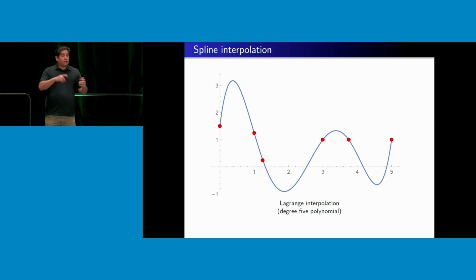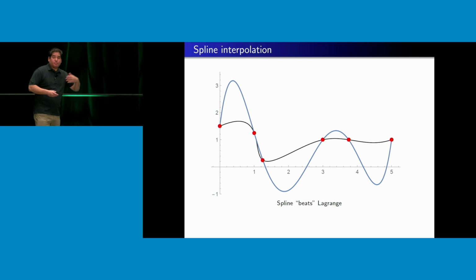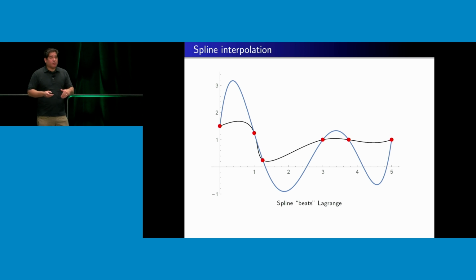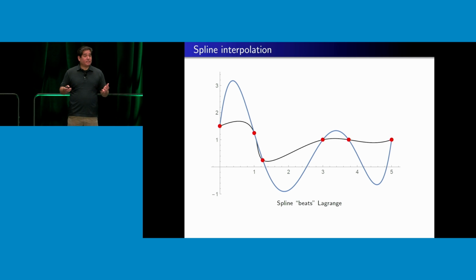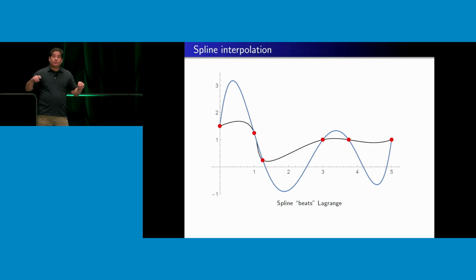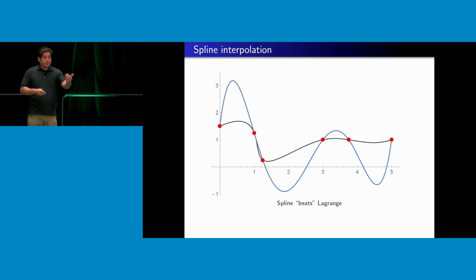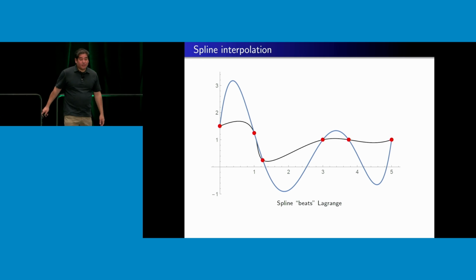Now the polynomial is going to do some wild stuff away from the control points, and you can sort of see when you compare the spline interpolation with the Lagrange interpolation, clearly one is much better for industrial purposes, right? One of them is going to make much more aesthetically pleasing and probably useful car hoods or airplane wings than trying to use Lagrange interpolation. So this is why spline theory is often thought of as part now of computer-aided design.